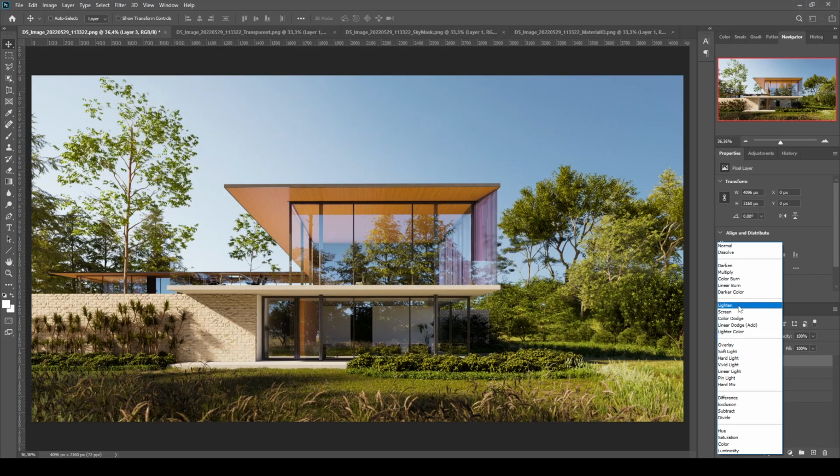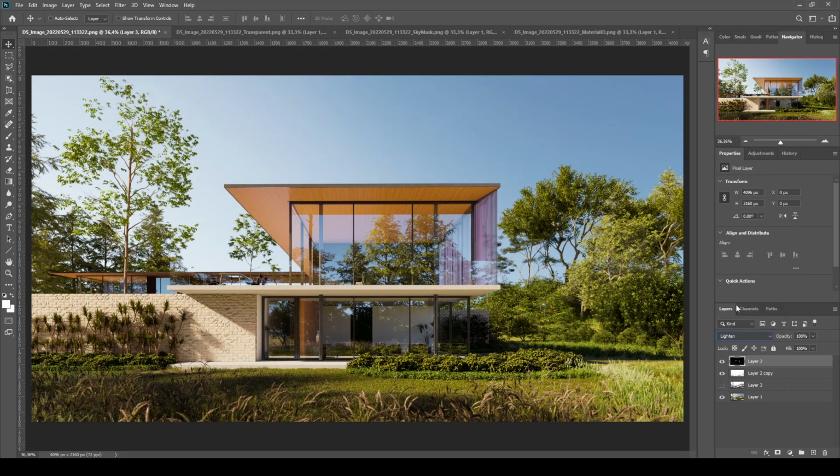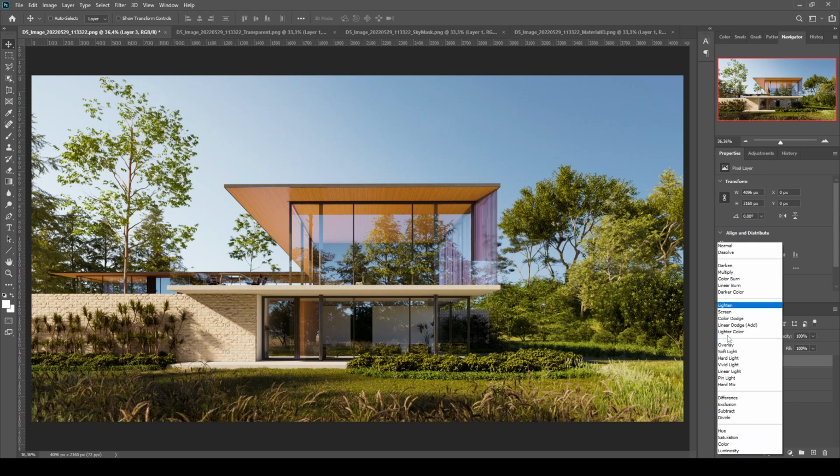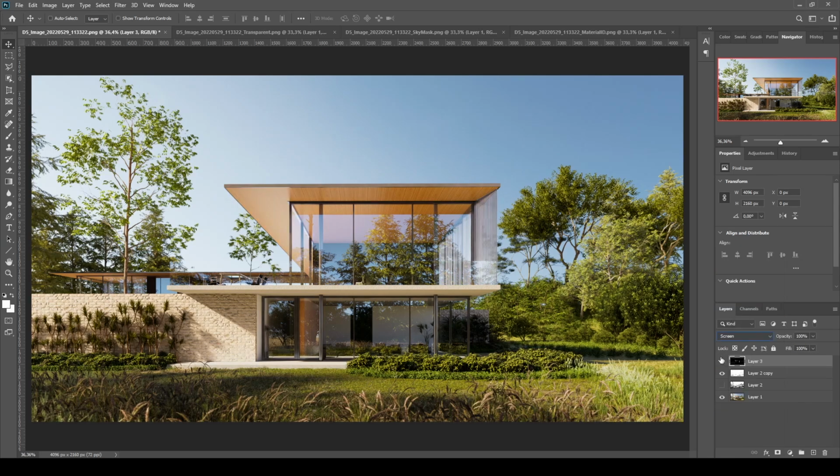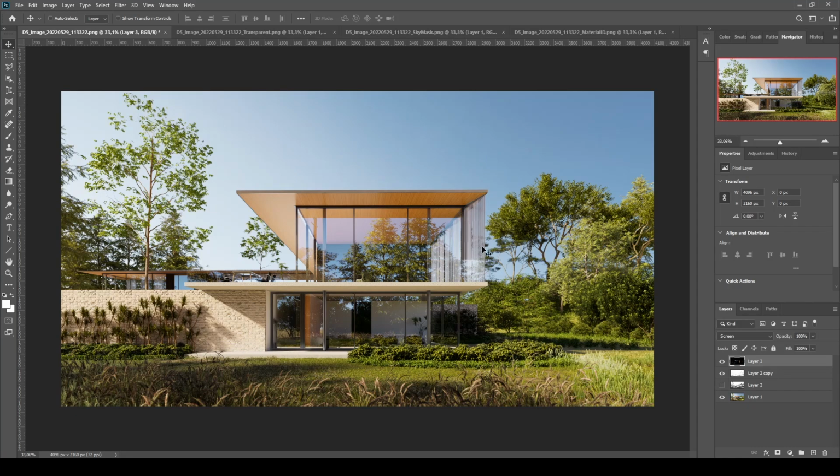As you can see here, I'm hovering over them and trying to see the results. For this one, colors are changing, but for the screen, colors are not changing, we only get some brighter areas. We can use this one, but first we need to decrease the opacity.